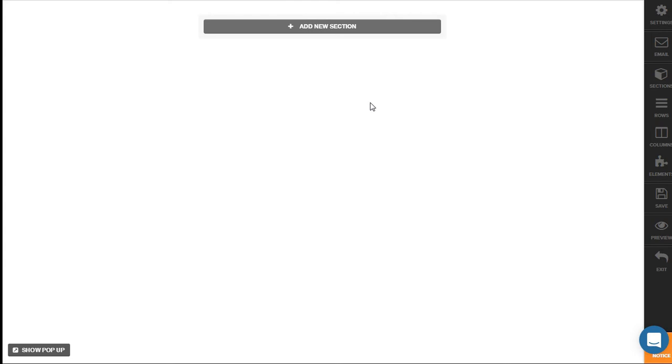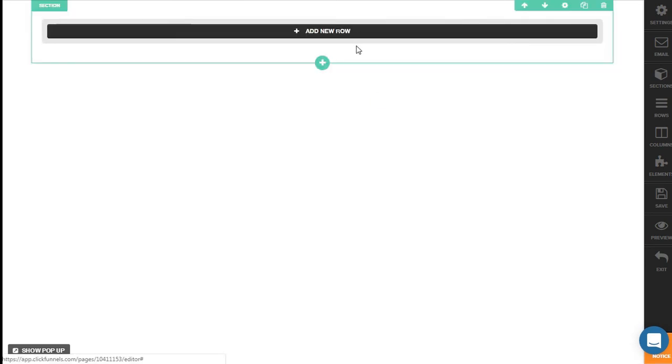Hi there, in this section, I'll show you how to create a page from scratch and also add elements into your page. So we start off with a blank page, and the only option there is to add new sections. So let's go ahead and click on Add New Section, and then you'll be brought into an option to add a new row. Now notice when I hover my mouse, it says here, Section, so let's click on Add New Row,